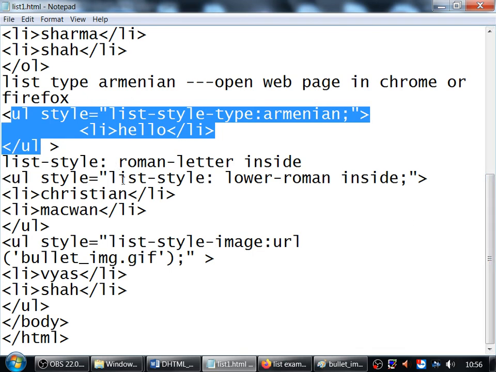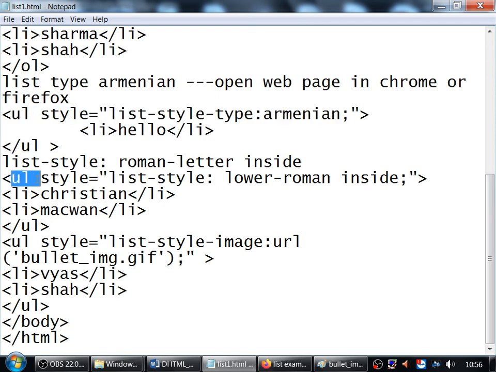The list style, right? The Roman letter and inside. So for the Roman letter, you have to use what? For the Roman letter, see the one change. The change is that I have used the UL tag, right? But what I have mentioned here is lower Roman, and still it works because of the property you have mentioned.